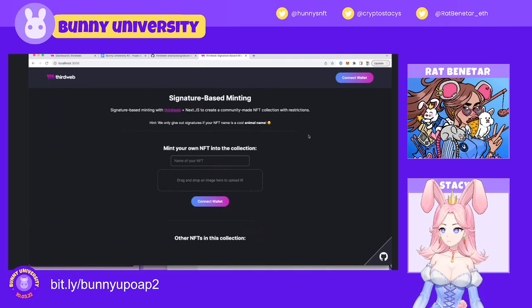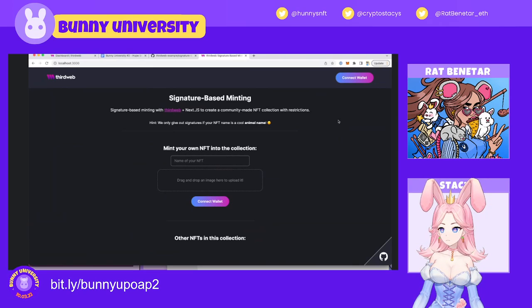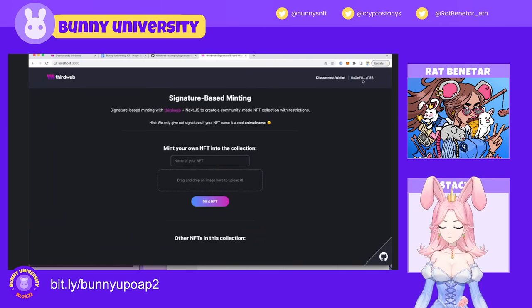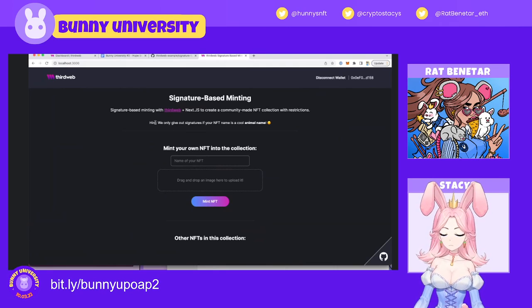And basically, this is what your demo, your starting base, starts off with. Thirdweb has this really great template for you, and it's got a couple really familiar things, like the connect wallet button, which might look familiar if you are familiar with the Hoop Scout site. And it makes it super nice and easy. Basically, this starting example is using signature-based minting, and it has a passcode system to it,